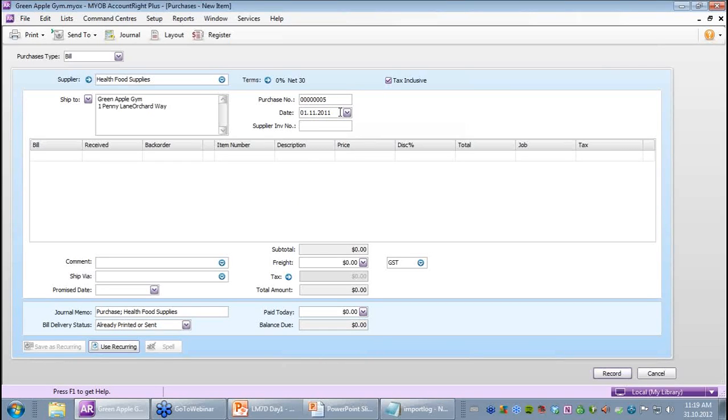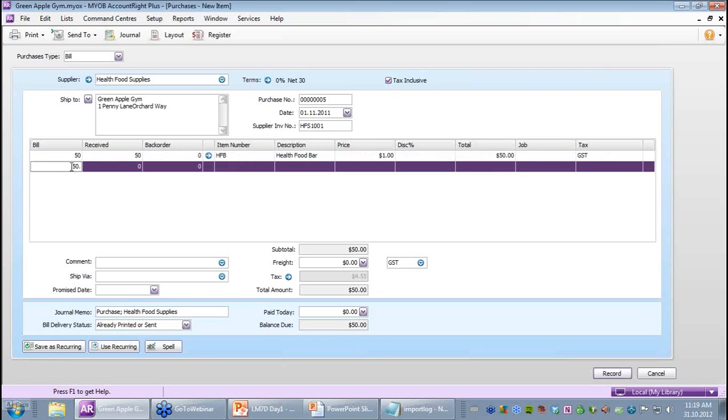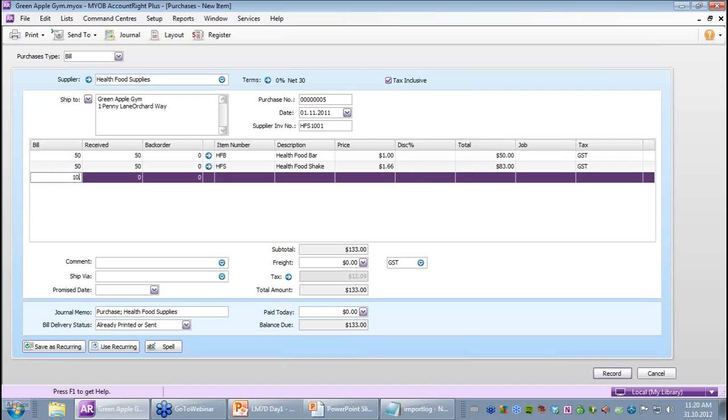1st of November 2011. The supplier invoice number is Caplock HFS 1001. So Health Food Supplies 1001. And the purchase consists of, let's come over here, 50 health food bars, and let's go to the next line, 50 health food shakes, and then the next line, 10